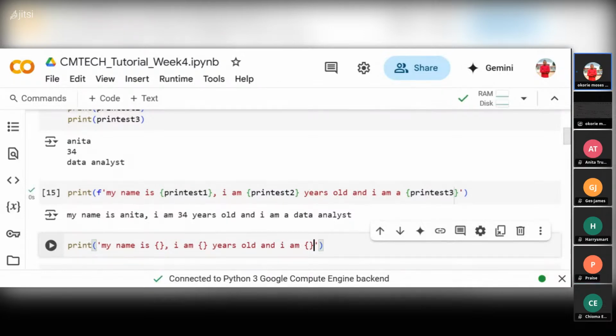Now we are going to say, and okay, we are going to leave it like this. Then this is the other type of